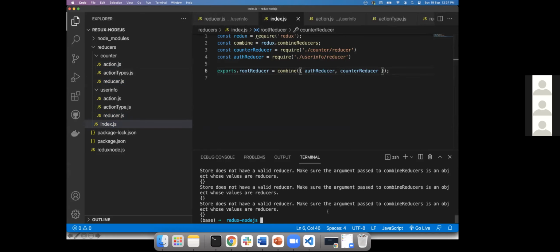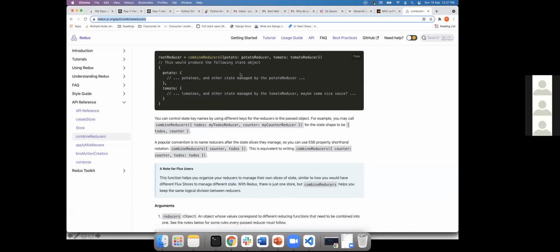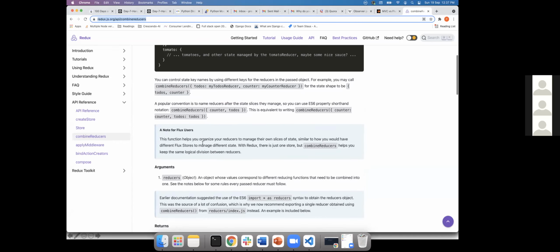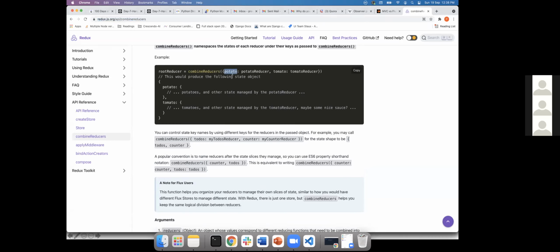Make sure the argument passed has values that are reducers. I think you don't need to put that in an object, right? Should you put that in an object? Yes, I have to. That's how you do it. Like this. No, but that is not an object. It doesn't have a key value, right? Which one? No. Combined reducer, you can pass a function. Actually, reducer is a function, right? You can pass. This key is the identifier for that.